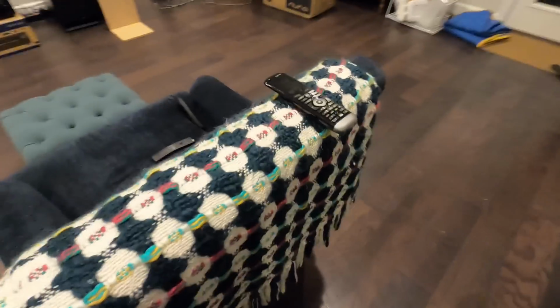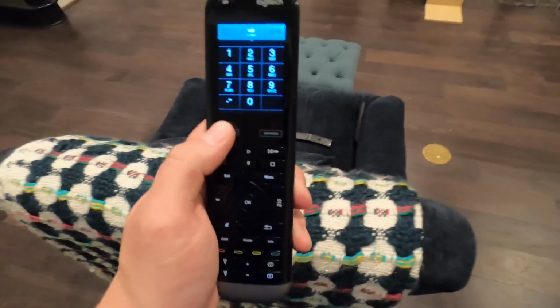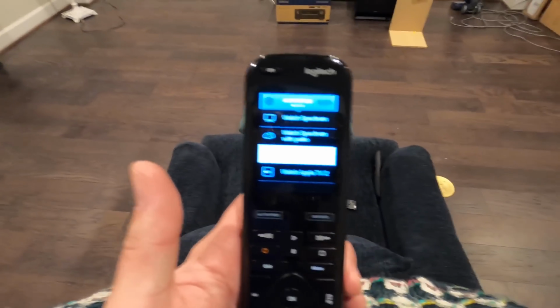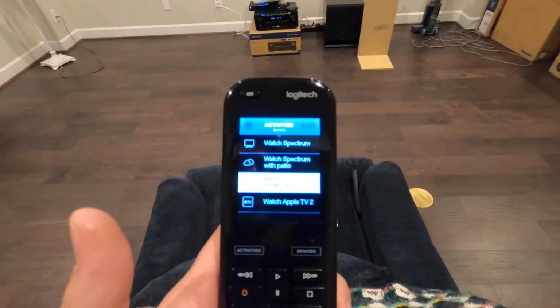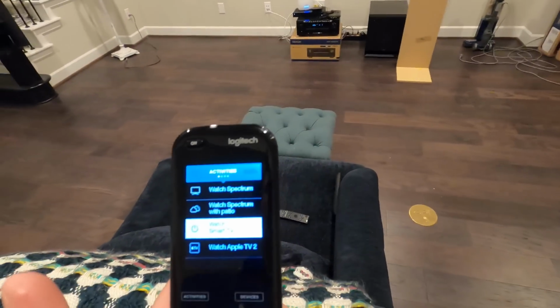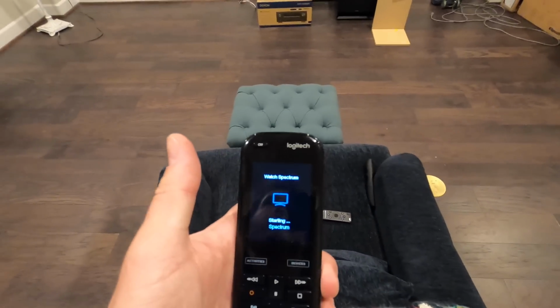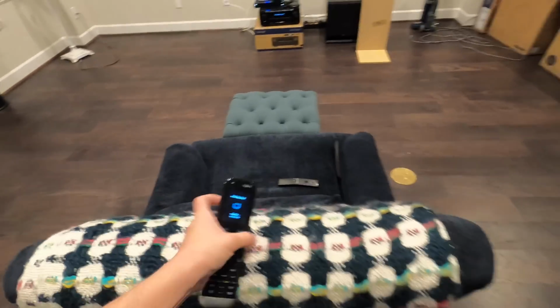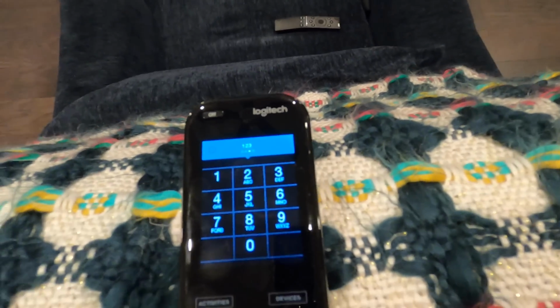And we did the Harmony Pro to control everything right here. Makes it very easy. You got a one button press remote, so like say you go into activities, he has the watch Spectrum on the Patio. You got watch Smart TV and watch the Apple TV. So you just hit one button, for example, watch Spectrum, and it's going to fire everything up, turn it all to the right input. This is a touchscreen remote. You don't have to point it anywhere because everything is...